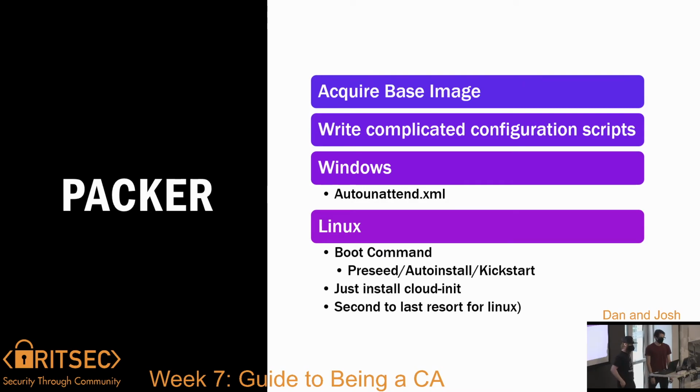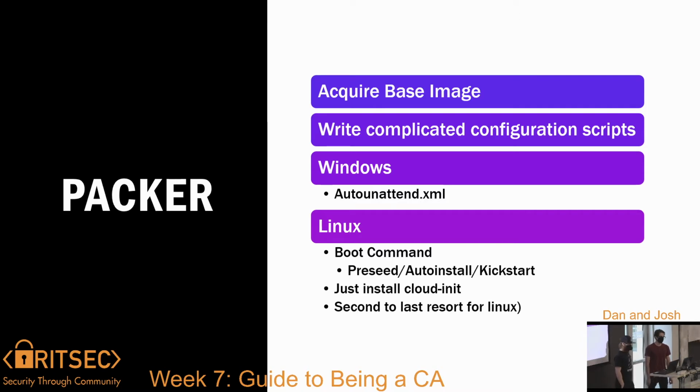I will note one thing we didn't mention in the text of this slide, but we'll definitely tell you. All of these images need to be sysprepped because they need to have unique identifiers, for everyone's sake in the competition environment, but especially for Red Team, because a lot of Red Team tooling uses the host UUID as an identifier, and if those are the same across things, not only does it break that, but it can also break things just in general. So sysprep so that it has a unique everything.